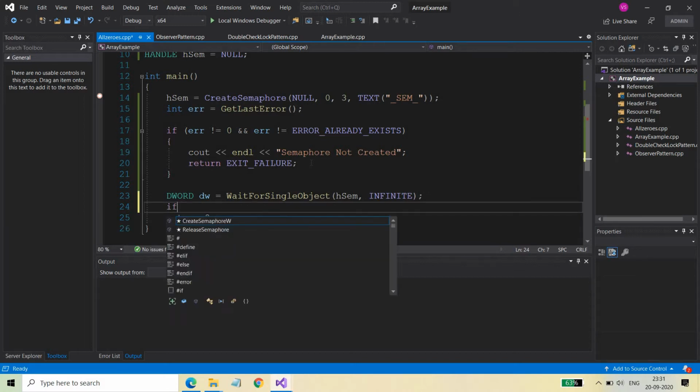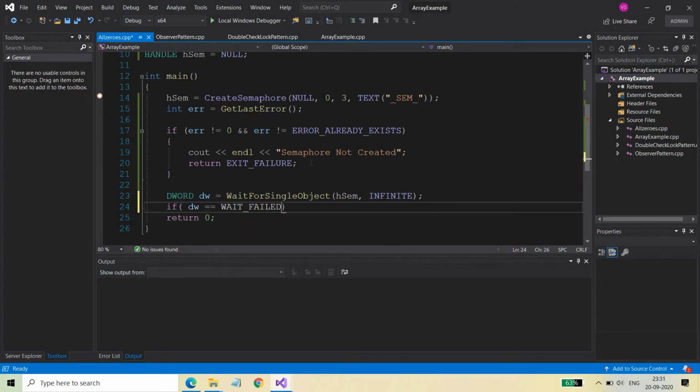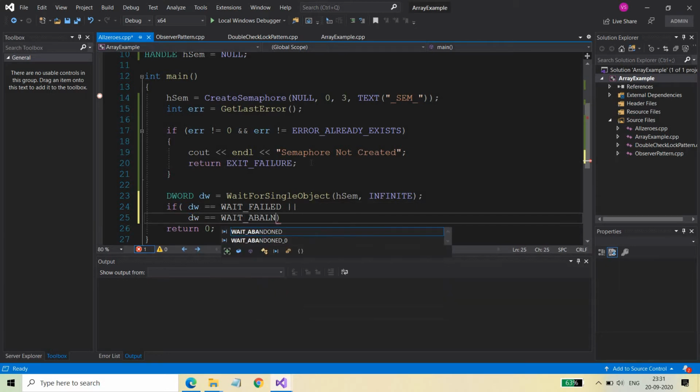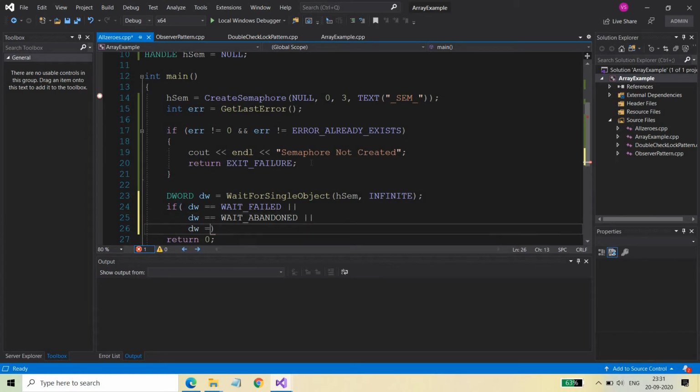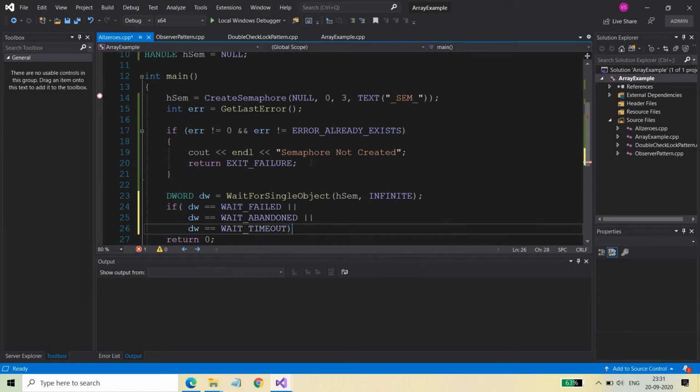Again, if dw is equal to WAIT_FAILED, or dw double equals WAIT_ABANDONED, or dw double equals WAIT_TIMEOUT, then in that case what will happen,